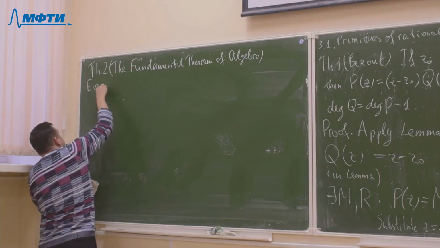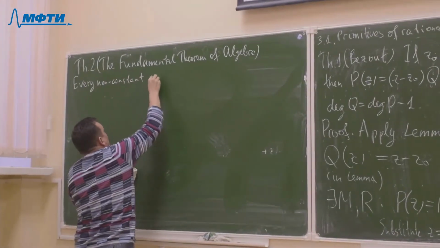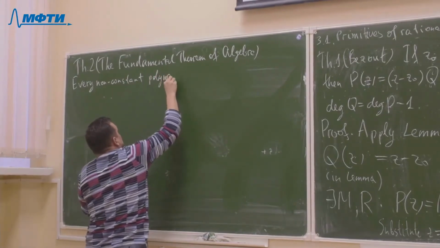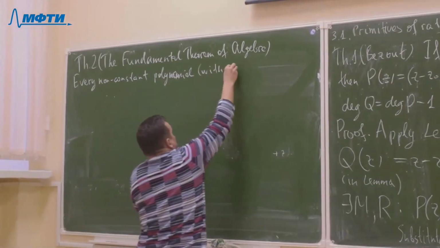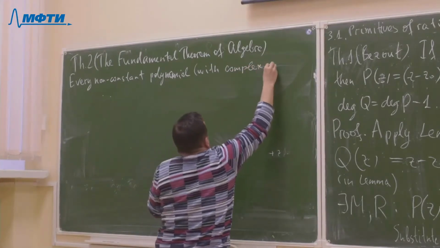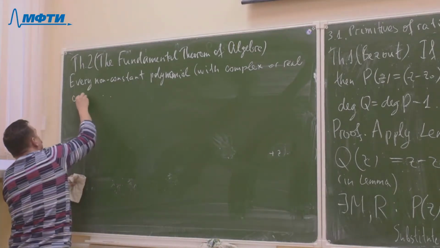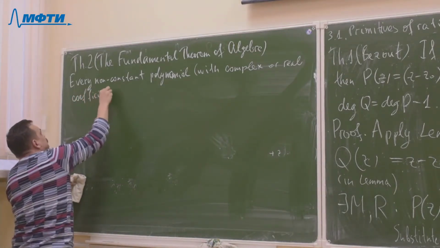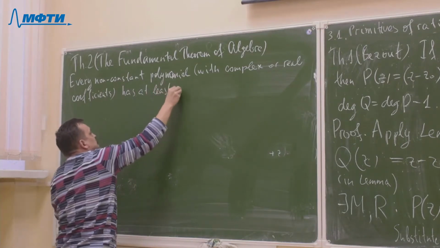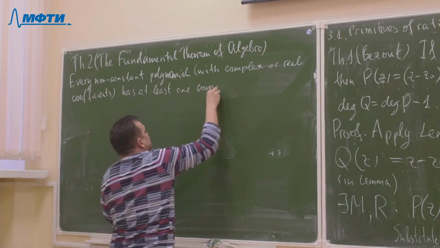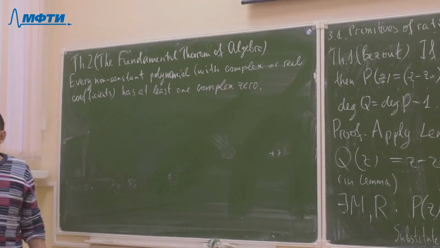Every non-constant polynomial with complex coefficients, of course, we don't consider others, with complex or real coefficients, doesn't matter, has at least one complex zero. Of course, real zeros are also